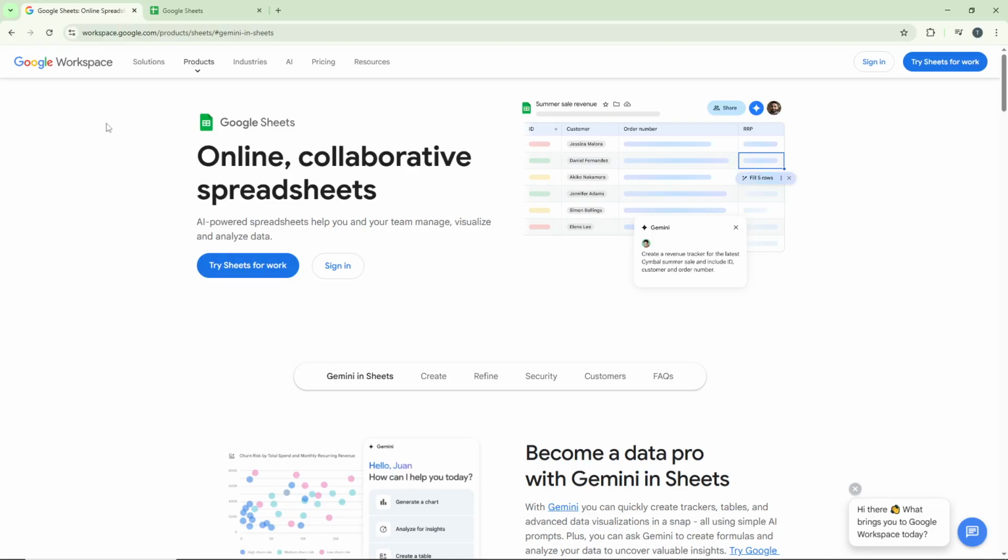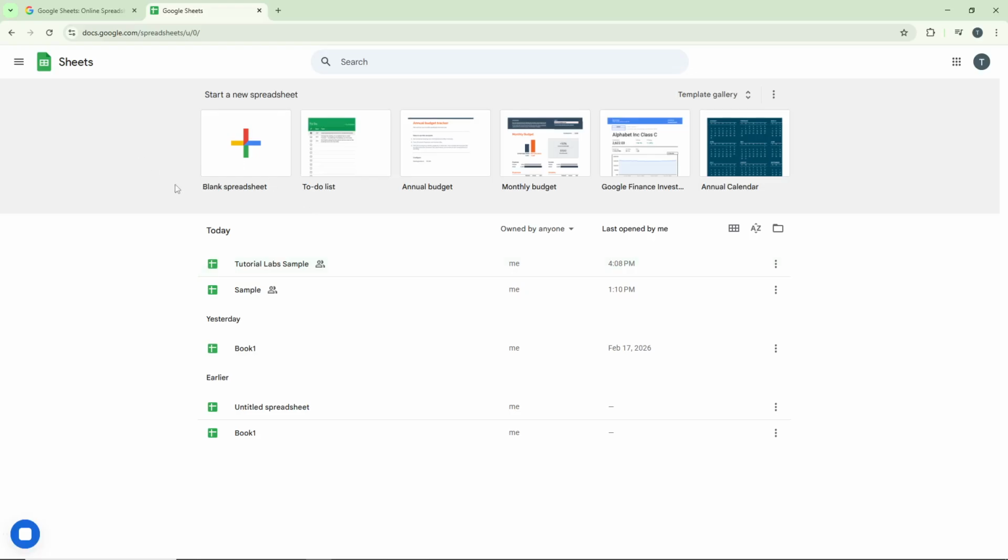First, you'll need to navigate to workspace.google.com and log into your account. Make sure you're using the credentials associated with your Google Workspace, as this will give you access to all the necessary tools and extensions. Once you're logged in, you'll land on your Workspace dashboard where you can see all your